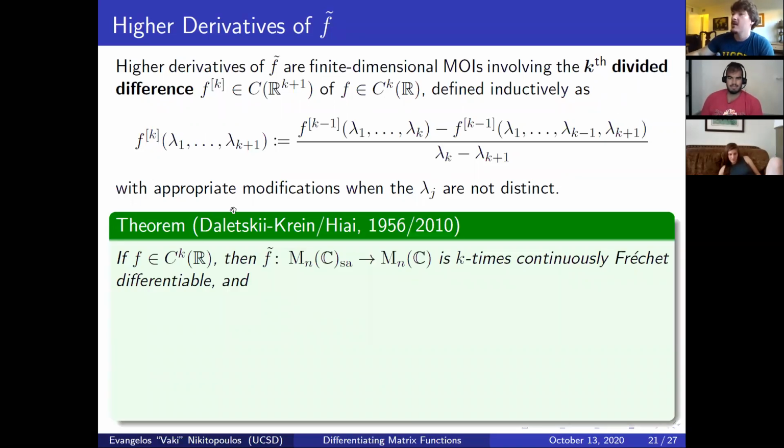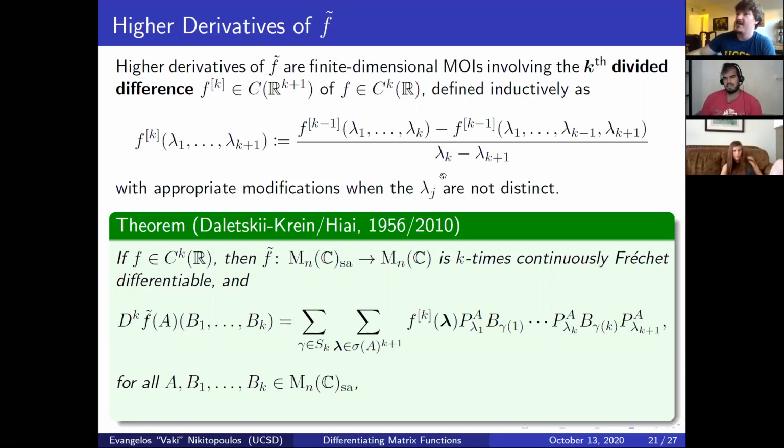Now the theorem, where the approach really comes from Daletsky and Krein in that 1956 seminal paper, but the one who wrote it down in detail, the way I'm about to state it, was Hiai, and that was in 2010. I'm not sure why people waited so long to write it properly, but for some reason they did. If f is in C^k and f tilde is the matrix function, then that is k times continuously Fréchet differentiable, and the kth derivative at A in the directions b_1 through b_k is a symmetrization,